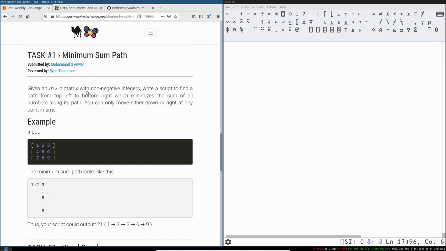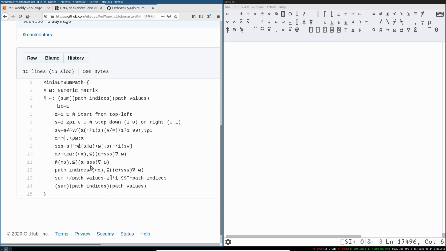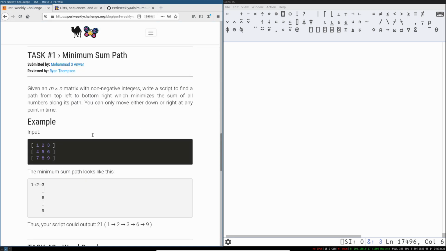And initially I was thinking to optimize for potentially large matrices. We'll start from the top left, and we'll literally just have a little iterative finder that goes right or down, and chooses whether to go right or down based on whether right or down is a lower number, essentially. And in the example case given, that works to give you the correct answer. But